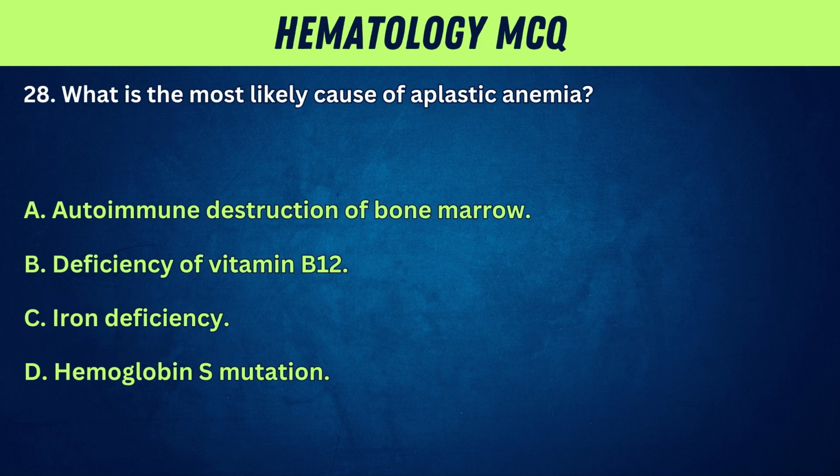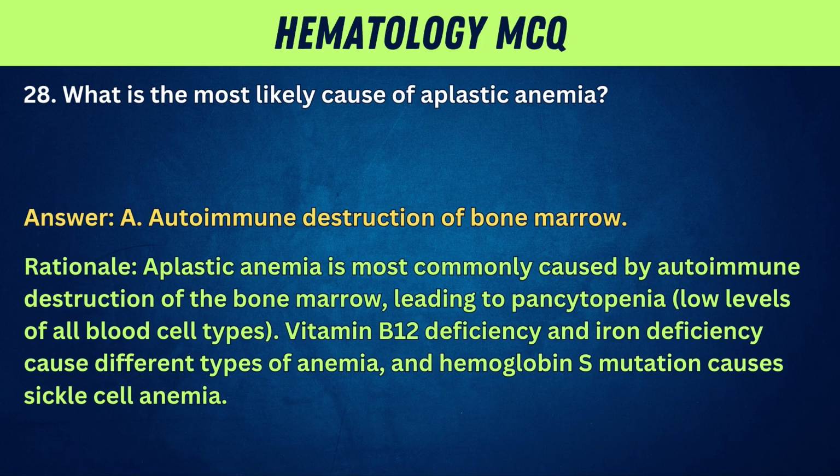28. What is the most likely cause of aplastic anemia? A. Autoimmune destruction of bone marrow. B. Deficiency of vitamin B12. C. Iron deficiency. D. Hemoglobin S mutation. Answer: A. Autoimmune destruction of bone marrow. Rationale: aplastic anemia is most commonly caused by autoimmune destruction of the bone marrow, leading to pancytopenia, low levels of all blood cell types. Vitamin B12 deficiency and iron deficiency cause different types of anemia, and hemoglobin S mutation causes